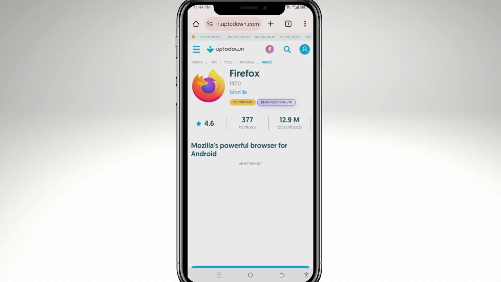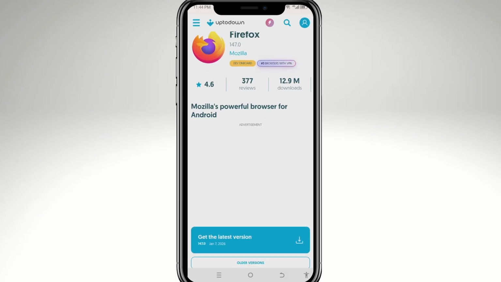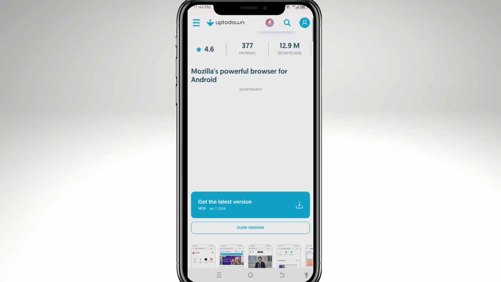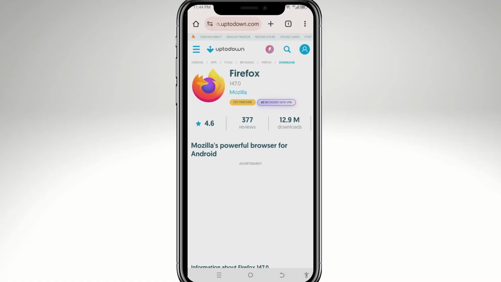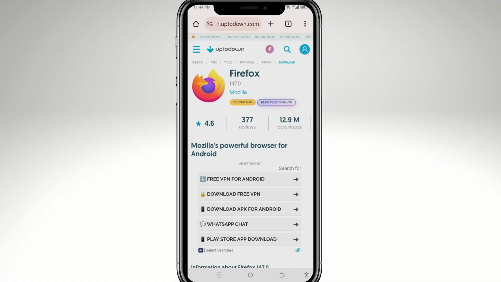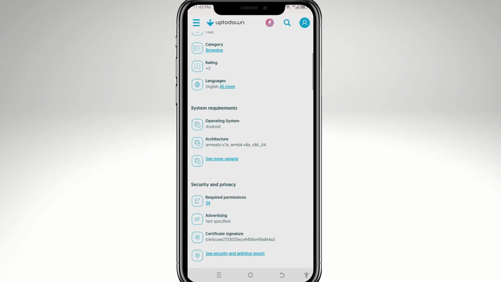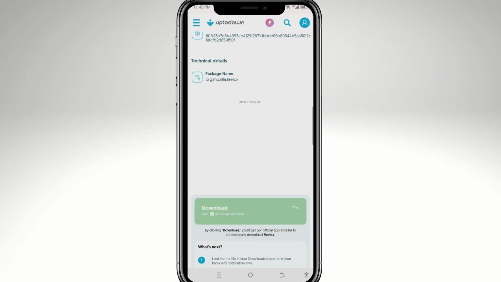Now, here's the thing. Avoid random websites and only download APKs from well-known trusted sources to keep your device safe. Now, once you are on the site, for example, this one, download the latest Firefox APK compatible with your device. I'm just going to click on it and scroll down until you find the download button, which is going to